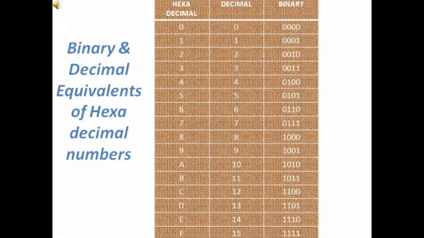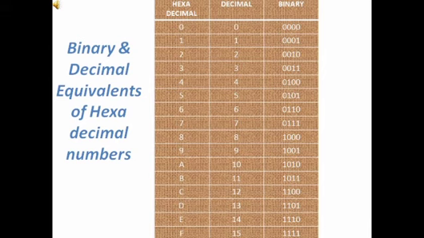On the left side, it's your hexadecimal. Since it has 16 values, including 0, until 9 it is the same: 0, 1, 2, 3, 4, 5, 6, 7, 8, 9. After 9, from 10 to 15, you can see we have used A for 10, B for 11, and F for 15. That is also important. While doing numericals based on hexadecimal, you will not write 10; instead of 10, you will write A. Instead of 11, you will write B. It is just the opposite of the other number systems. That is why it is alphanumeric.